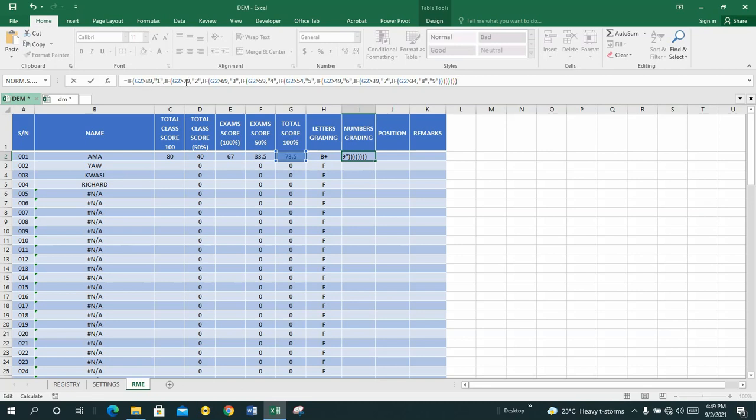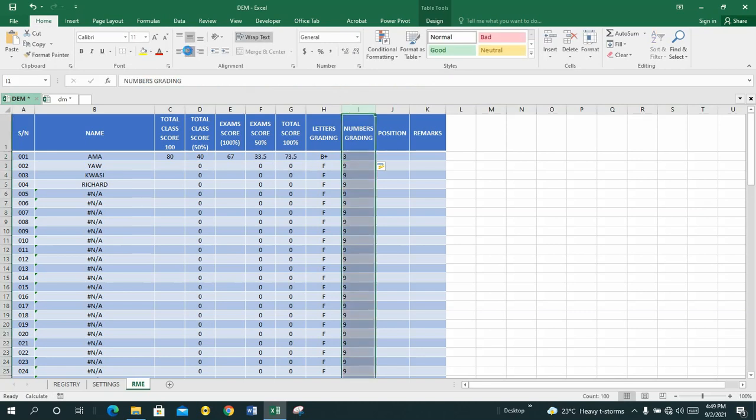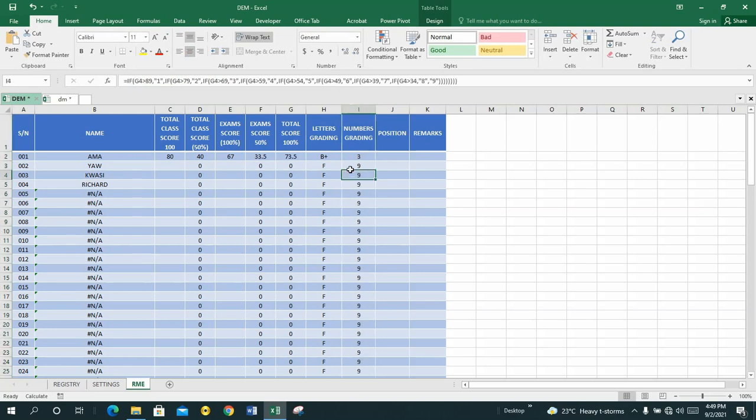And if it's greater than 79, 2, 69, 3. So it goes that way. After that, just press your enter key. Then it's there. You just center it. You see, AMA got